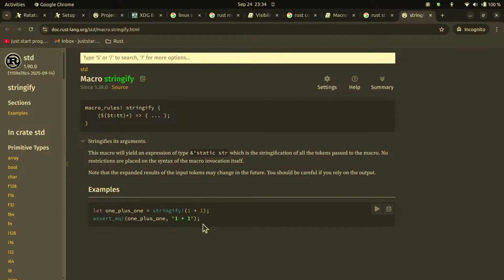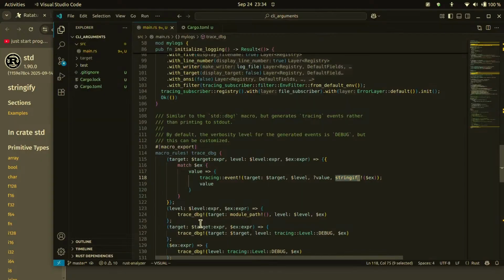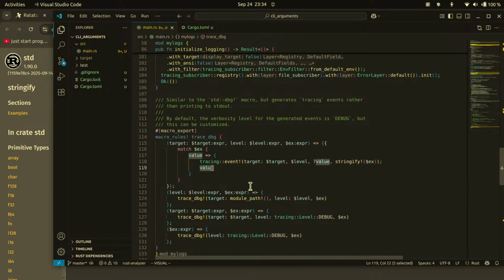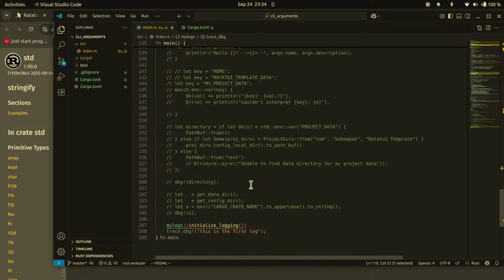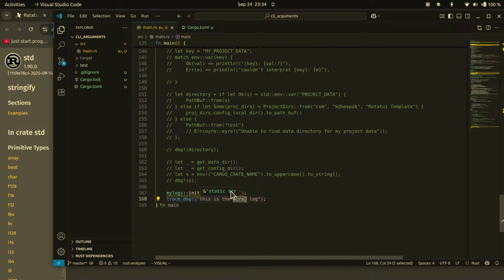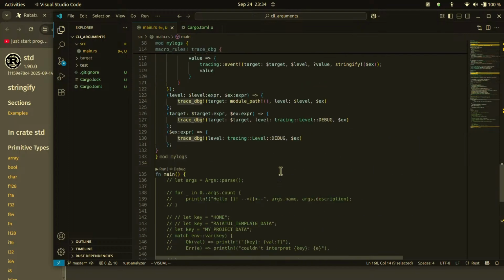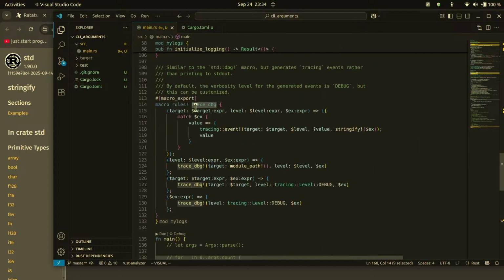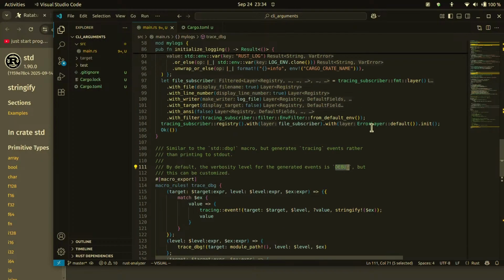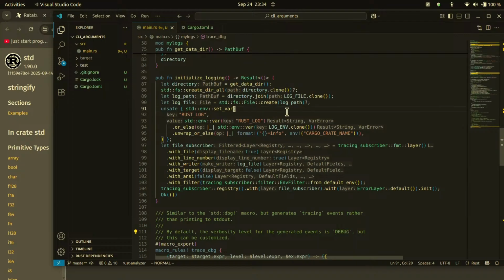That's okay, it will convert it into a string. Stringify expression. Okay, so I think it is supposed to write something. So it's default as debug. Okay, so default as debug and